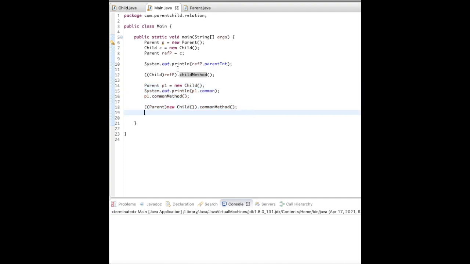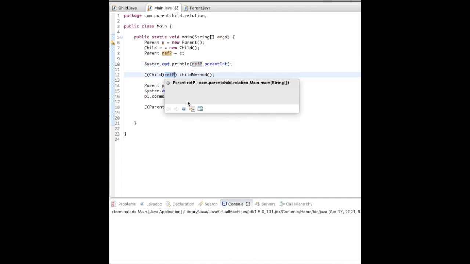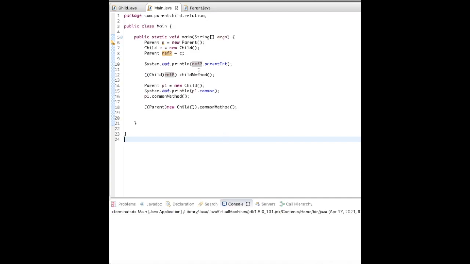The point to note here is how the output varies when we call data variables and when we call methods using an object reference. So let's run this.